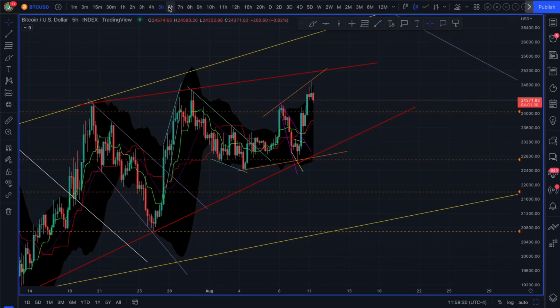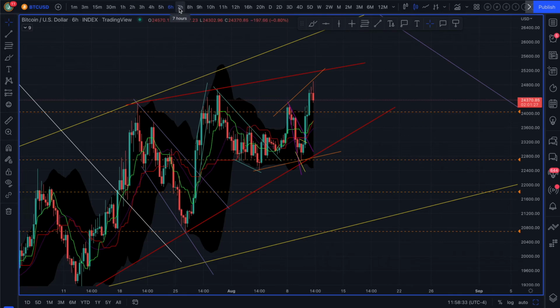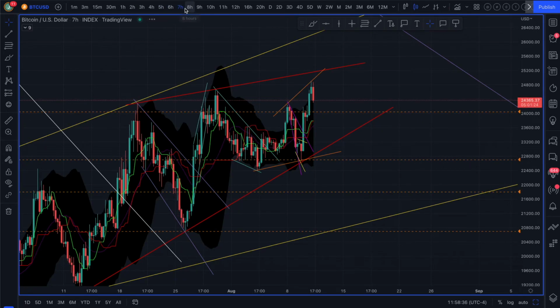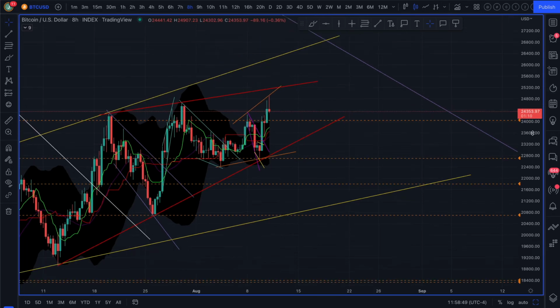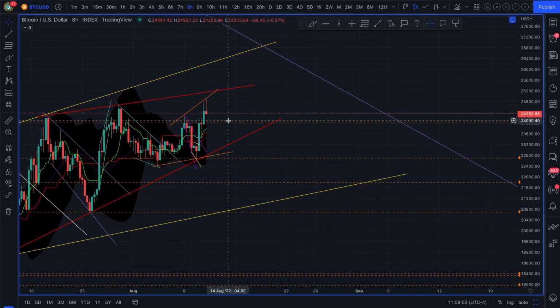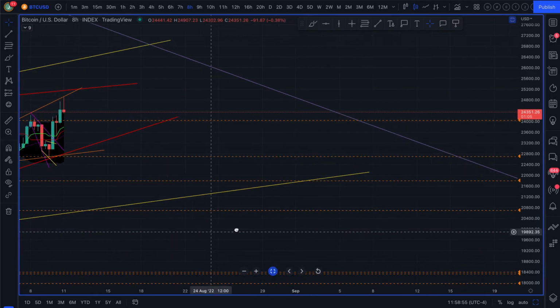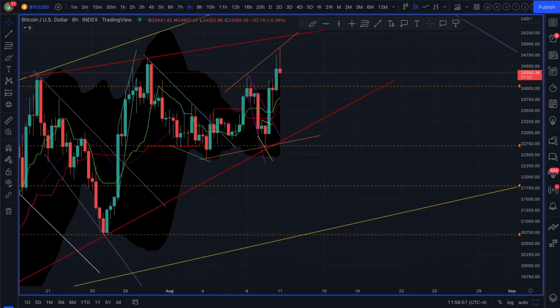And as we continue to jump up here through the time frames, you've got the 6 hour. These are still pointed pretty straight up. 7 hour is actually jotted off to the right. You've got the 8 hour. These are sort of starting to lay down, but nothing too significant yet. But a big thing to notice here would be the height difference. So the cloud is really lagging behind how far it's taken off, which is a further bearish indicator that things are going to start to pull back down.